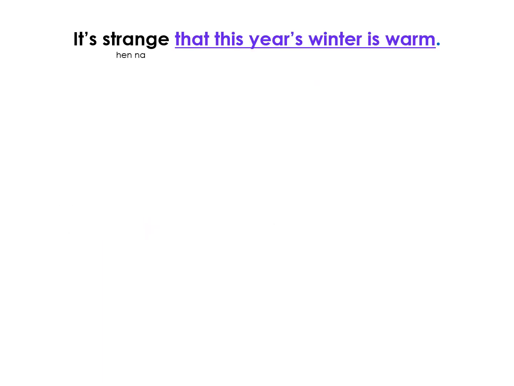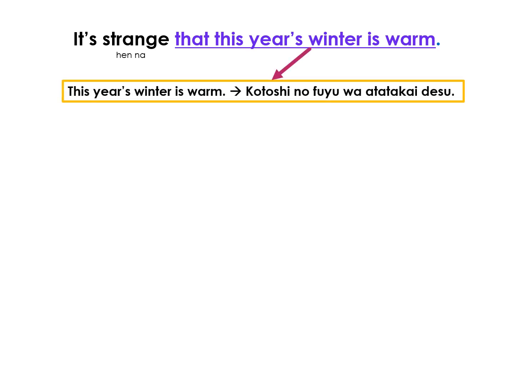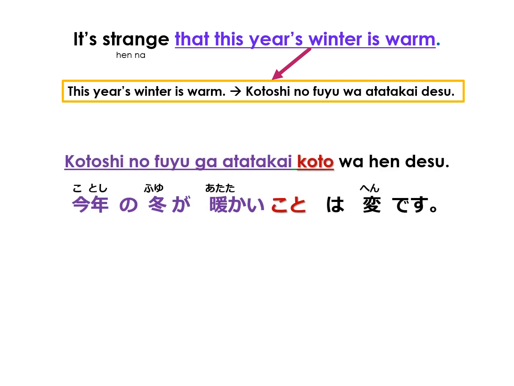And one more example. "It's strange that this year's winter is warm." That this year's winter is warm needs to be nominalized. And using koto, 今年の冬が暖かいことは変です。And using no, 今年の冬が暖かいのは変です。With koto, you are emotionally distant, so maybe you say this as a general